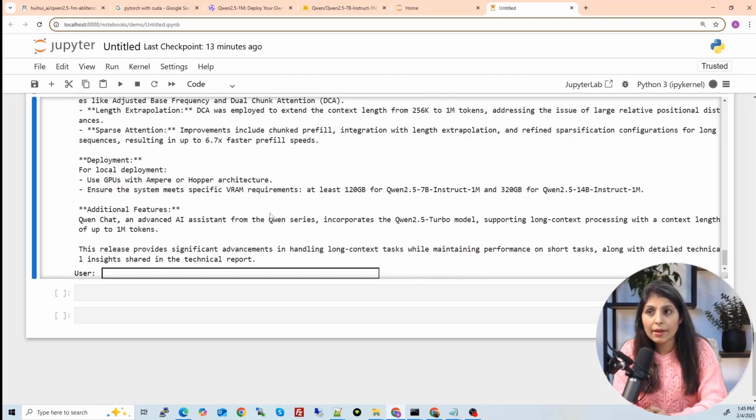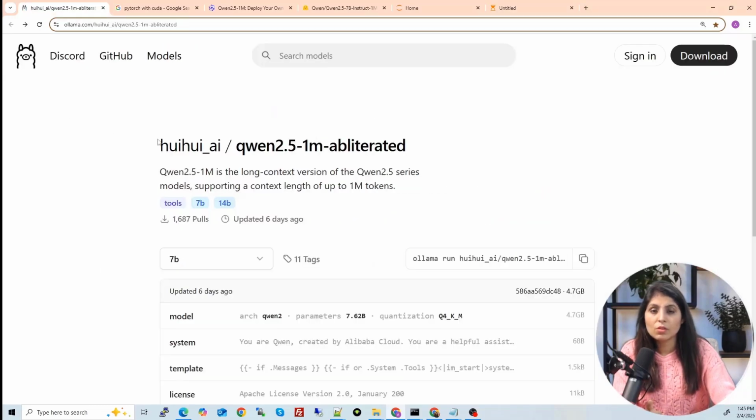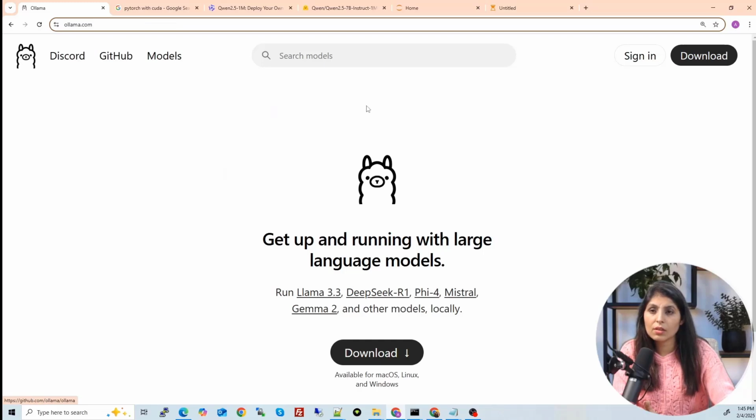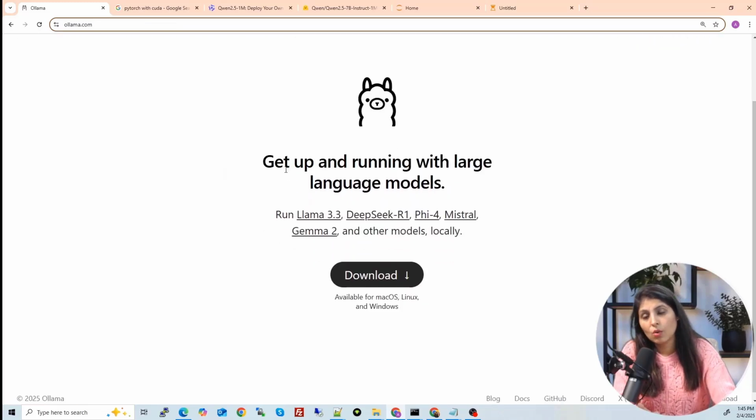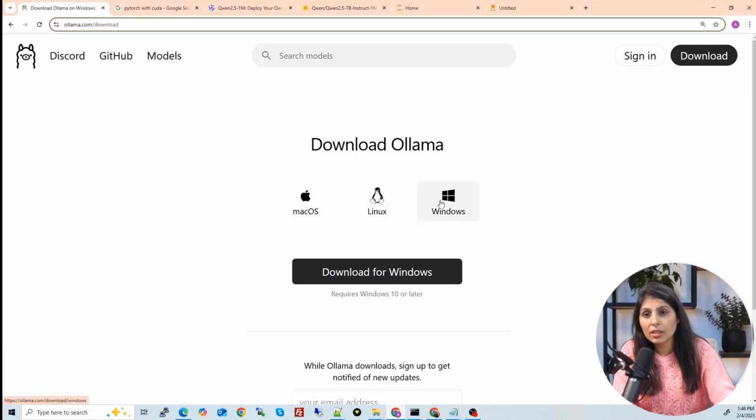And guys, till now we have seen how we can download the model from Hugging Face, and how we can ask different questions to the model. Now I'll show you how to use Ollama to download this Qwen 2.5 model first, and then how to use that model in LangGraph to build a chatbot. So let's start. So guys, first step is to see if you have downloaded Ollama already. If you are using Ollama for the first time, you need to download it. Click on this download. Select the operating system.